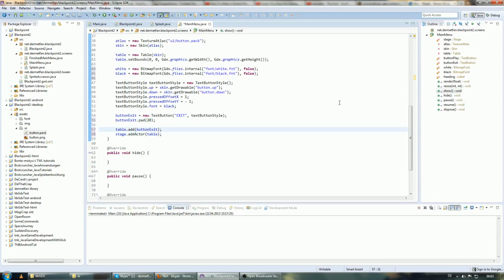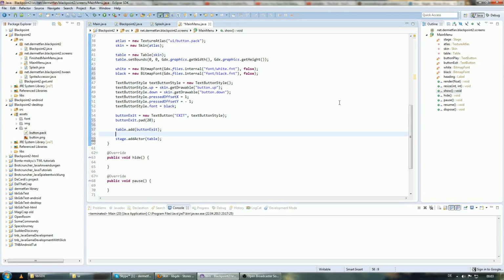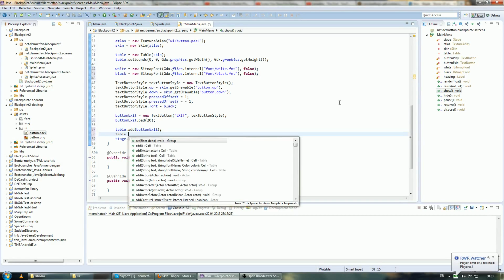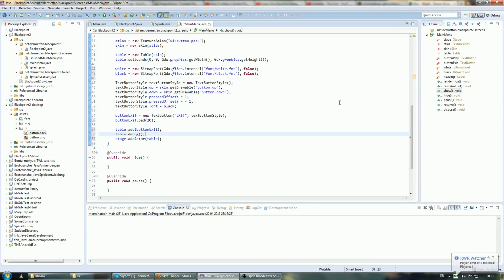and just so that we know everything, it makes it a little bit easier to see and understand. We're gonna say table dot debug, which just enables all the debug lines. It's just like red lines showing us where the cells end and start and stuff like that. So now